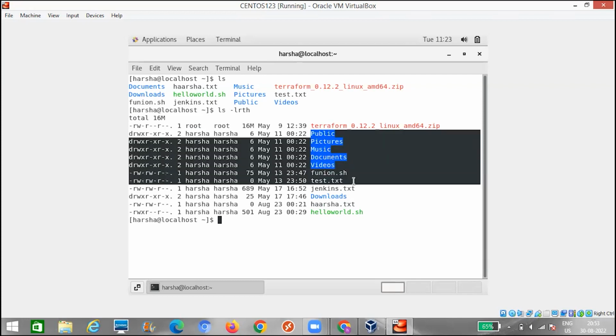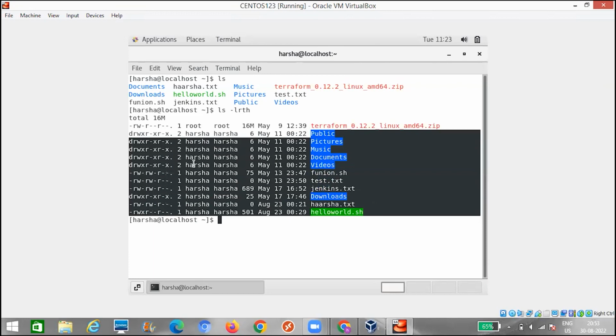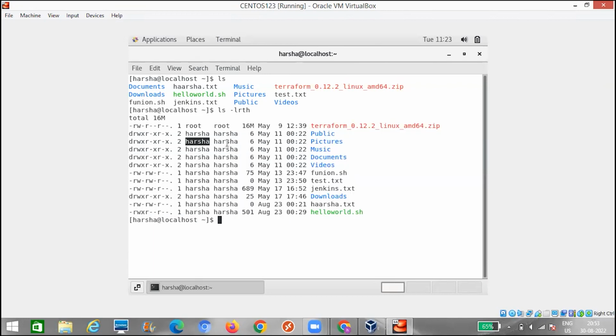All these files and folders from here to the bottom belong to Harsha as user, and the group is also Harsha. Based on this, when you log in as the user Harsha, you can perform the operations which your group or your user has. We will discuss that when we come across file permissions.